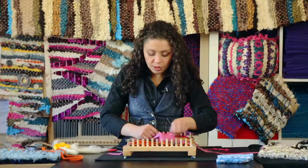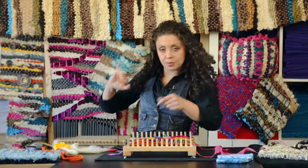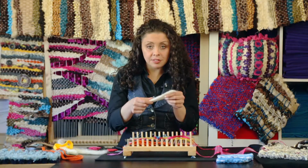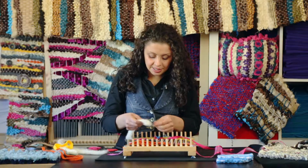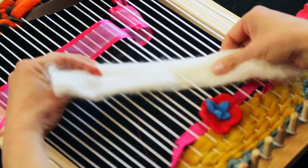Now I'm going to show you one last technique, and this is something we've used in quite a few of the pieces behind me, which is where we add the felting fibre. Felting fibre is just wool that hasn't been spun. It's usually been dyed but not spun. And to add this, you would come through one strand, and you want to kind of work like we did with the herringbone with this, really,